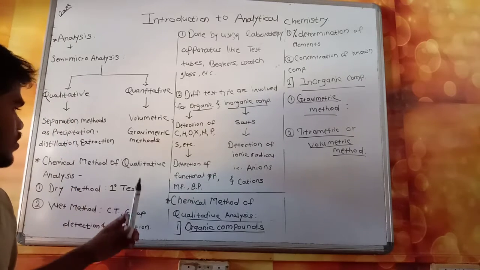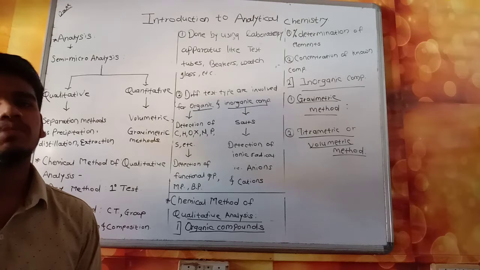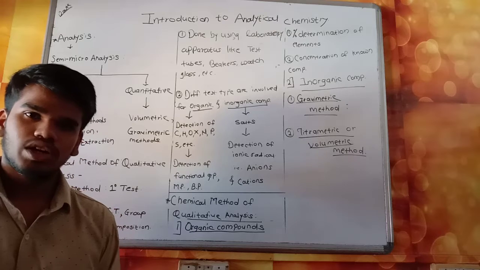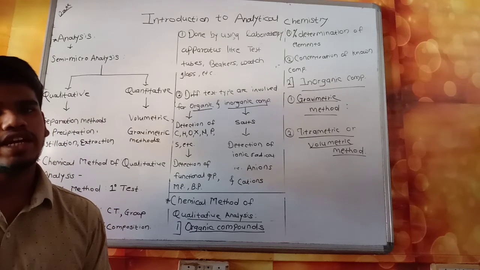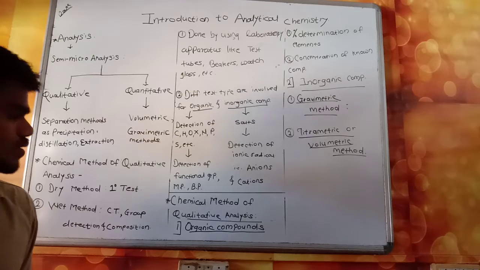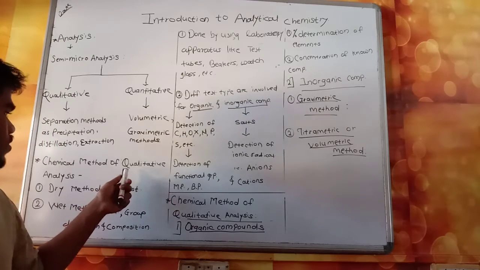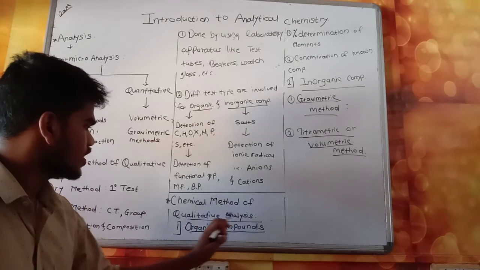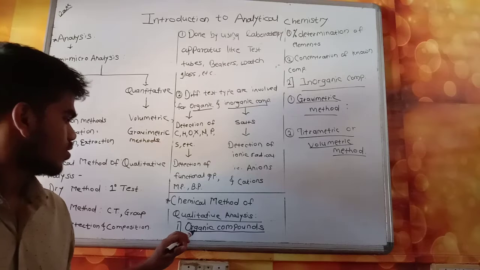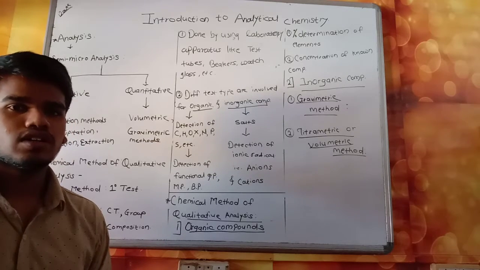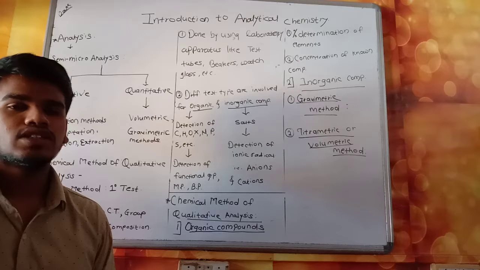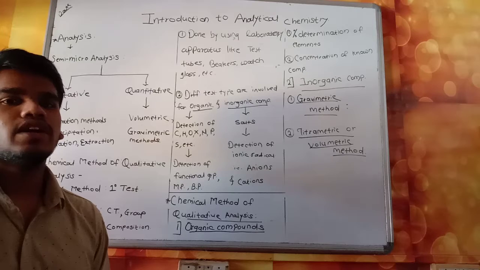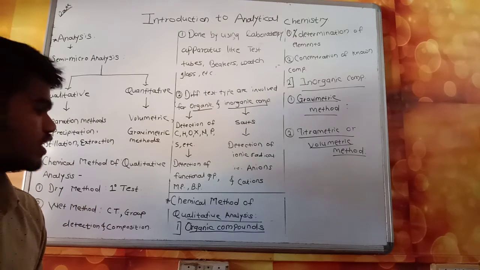The qualitative analysis basically involves the study of color, odor of the sample and its reactivity, such factors. Okay, these factors are involved in the qualitative analysis of the compound. Okay, now chemical method for quantitative analysis. Quantitative analysis is nothing but, it's given in its name itself. Quantitative analysis means determination of the quantity or the amount of a certain element in the present sample or in the provided sample.